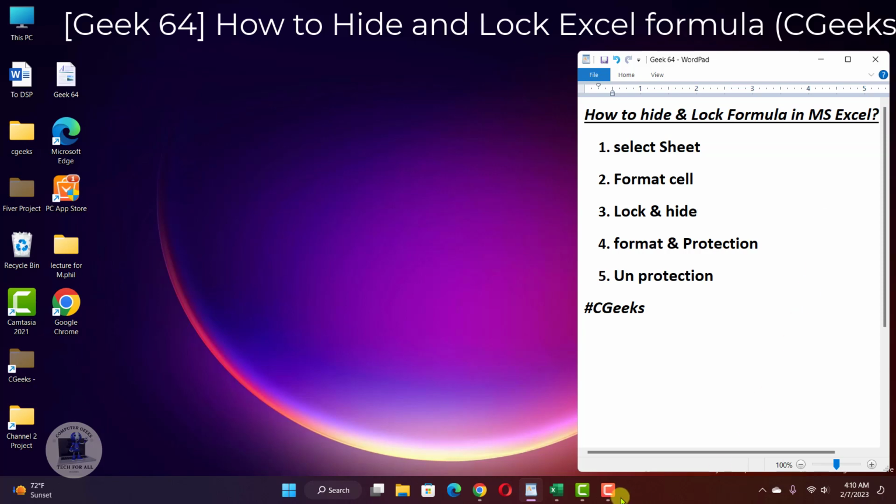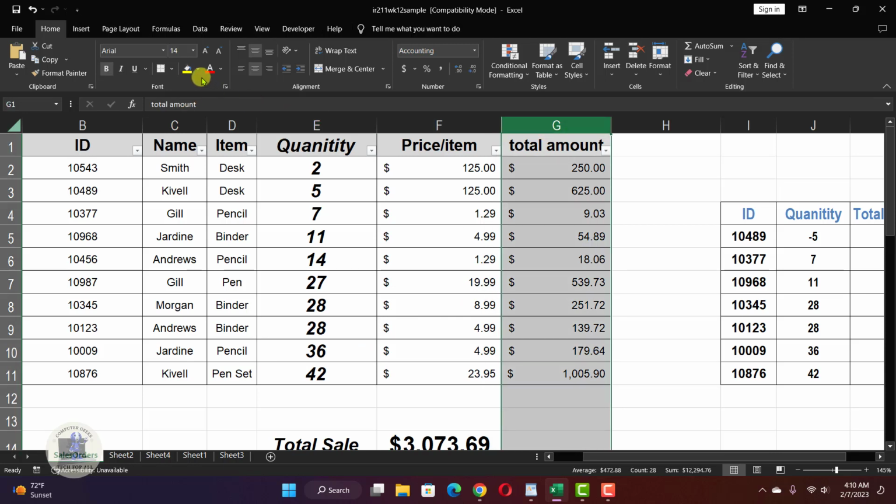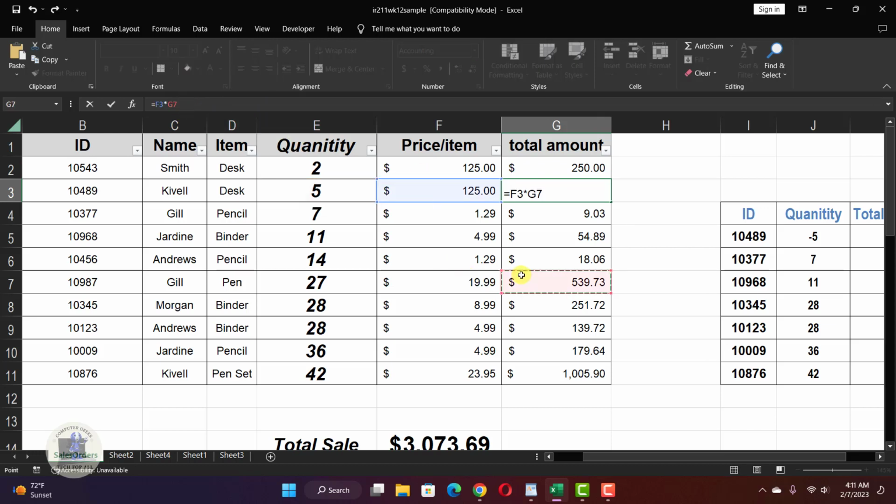So I have a random Excel sheet, this one, and I want to hide and lock this formula, like this formula. So I want to lock and hide this formula. For this purpose, we have